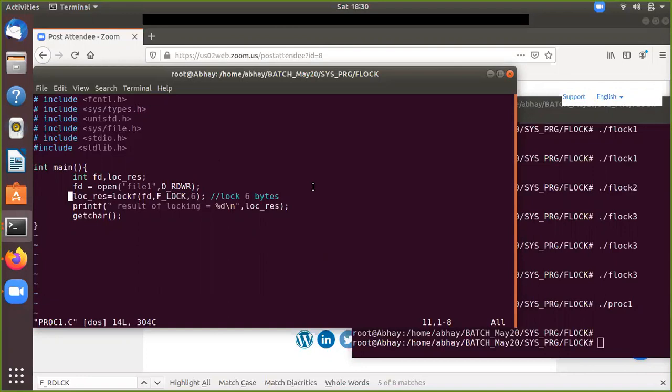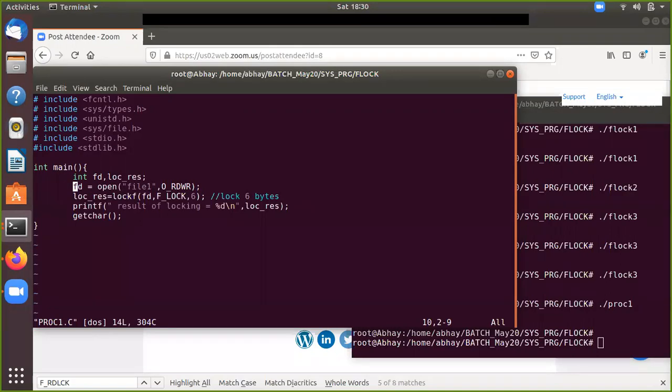Is there any option to lock from 100 bytes to 200 bytes like that? Yes, definitely. The lseek option, right? We talked about that last class. So you move your file pointer with lseek to wherever you want, and from that position you can put a lock.